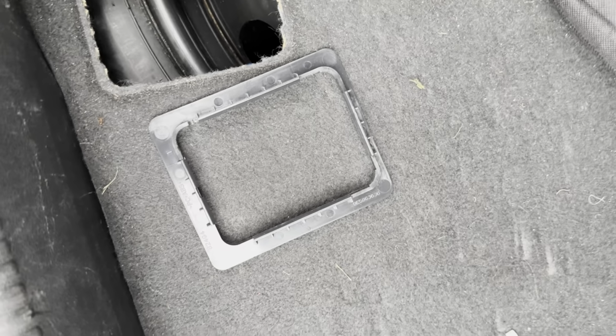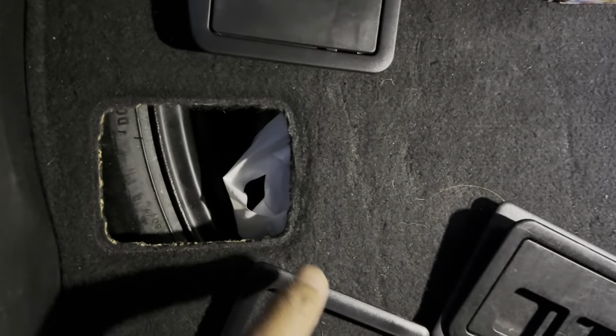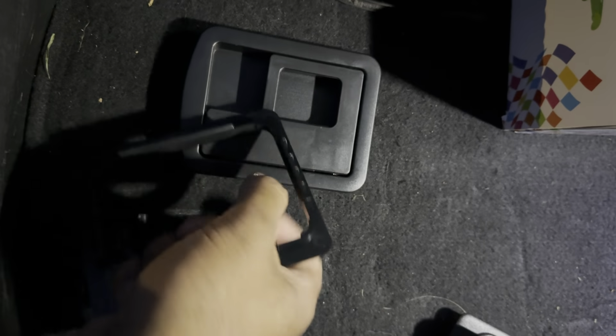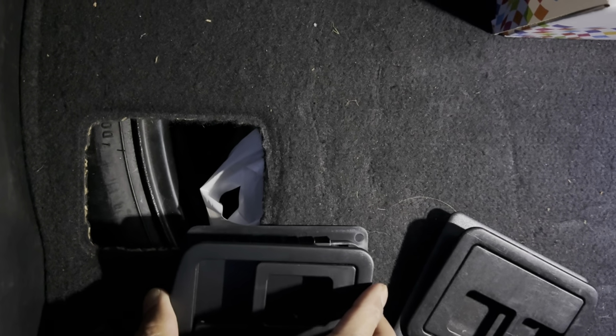So what I'll do is I'll fit the new one, need to find the new one, and then fit it, and then I'll show you the end result. So the first thing we're going to have to do is put the plate on underneath, and then basically clip that in place. Need to make sure we get it the right way around, so it's that way. Just going to place that here